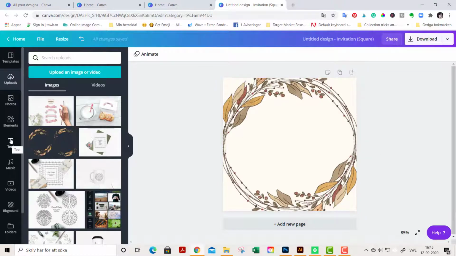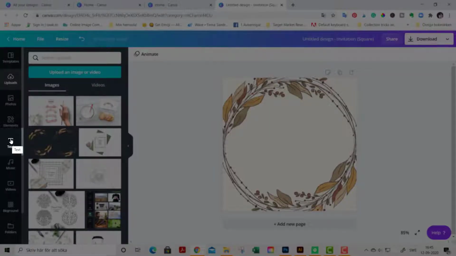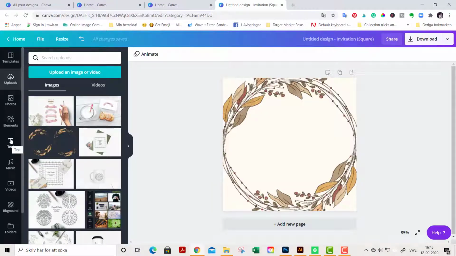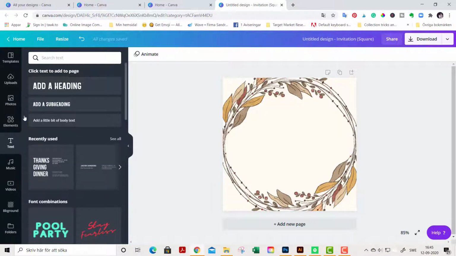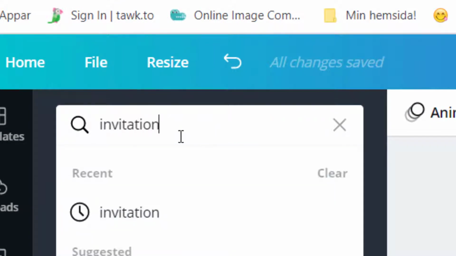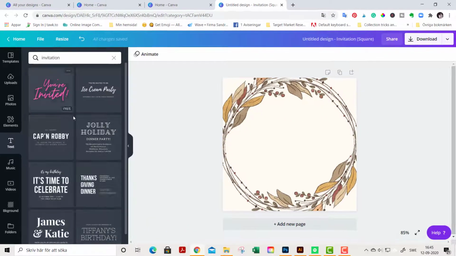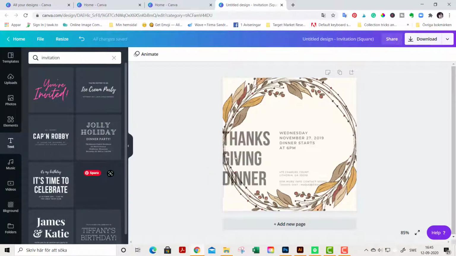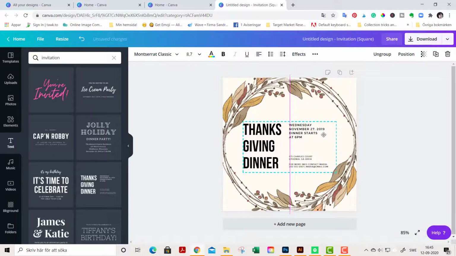Now we move on to adding text to this card. We go to the text option here and search invitation and choose this free dinner template. Adjust the design,